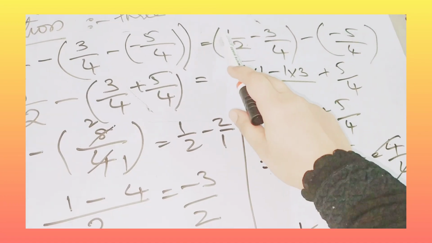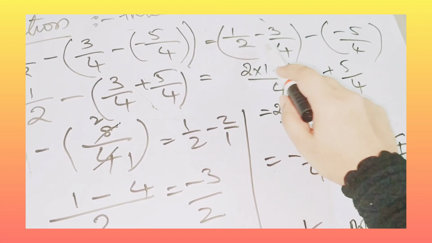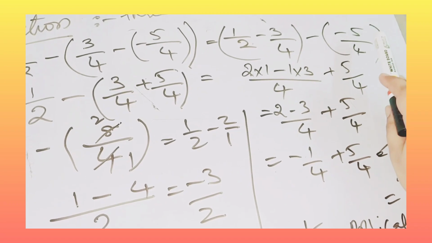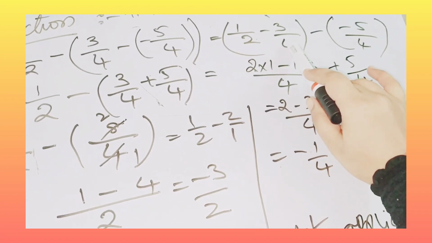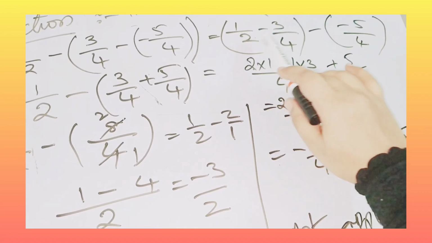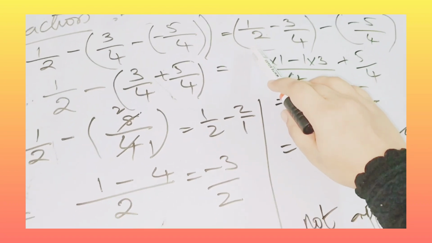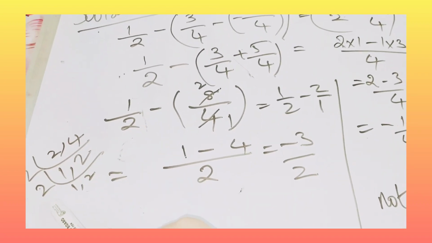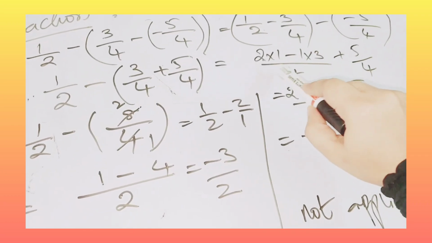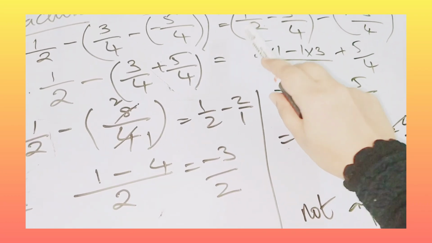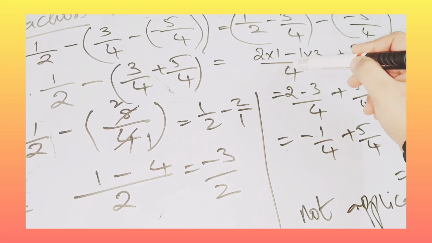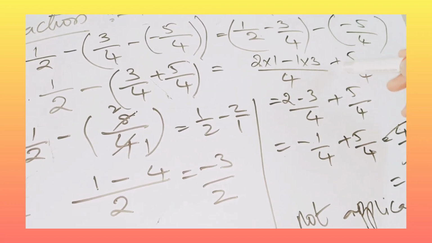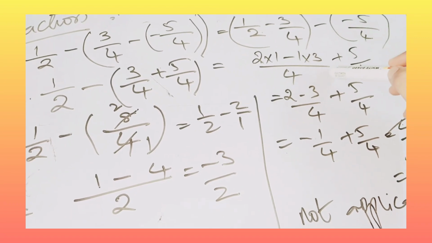Okay, now we'll do this. Here 1 by 2 minus 3 from 3 by 4, here a minus b minus c, we are separating c here. Okay, a minus b means what you have to do here, again you have to take LCM of 2 and 4. You can't multiply this, 2 4s are 8, you can't multiply this. You have to do LCM. Here we have done this LCM, now it is 4. Now how many times this 4 goes in 2 table? It goes 2 times, 2 into 1 minus how many times this 4 goes in 4 table? 1 time, 1 into 3. Here minus into minus is again plus, plus 5 by 4.